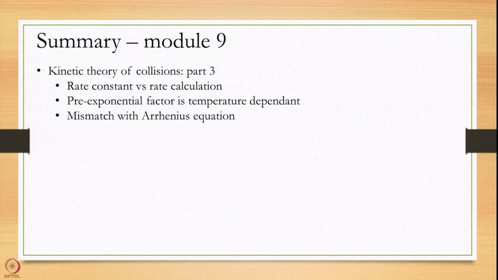So, in this module, in summary, we have discussed the distinction between rate constant and rate. We have looked at a special case when a bimolecular reaction is happening of a reactant with itself, and finally we have compared and analyzed with the Arrhenius equation, and two important points emerge. One, the pre-exponential factor in the Arrhenius equation depends on temperature as square root of T, and the second is that currently the exponential itself is missing. So, we have to work somehow to include that, which we will do in module number 10. Thank you very much.